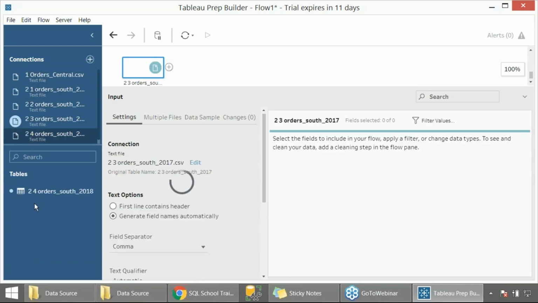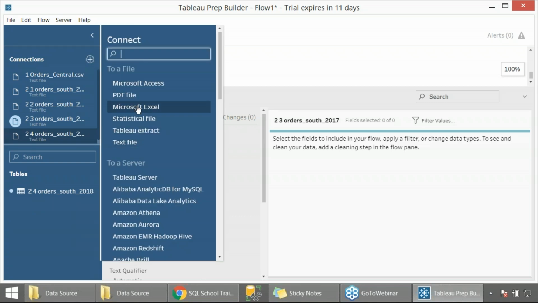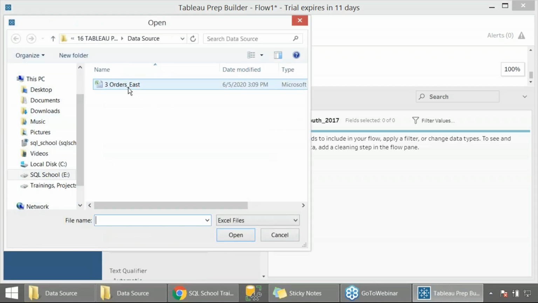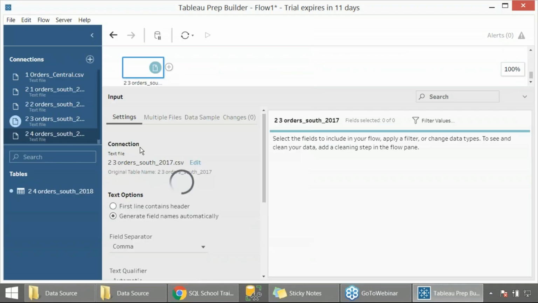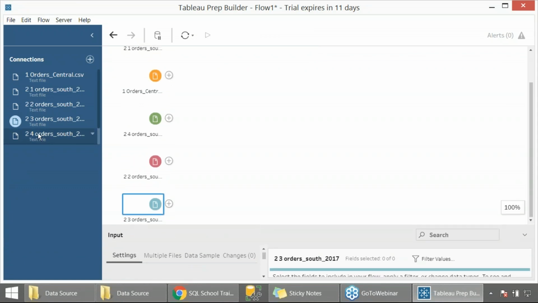They get connected, and additionally we need to add the Excel file, orders east, right? This one, because source 3 is from a different format.